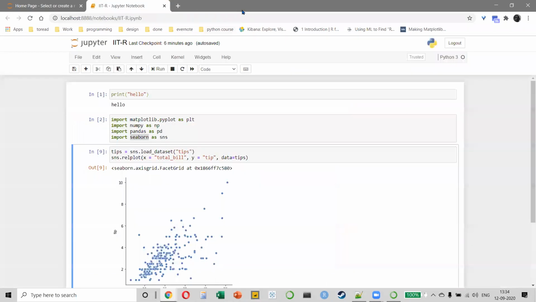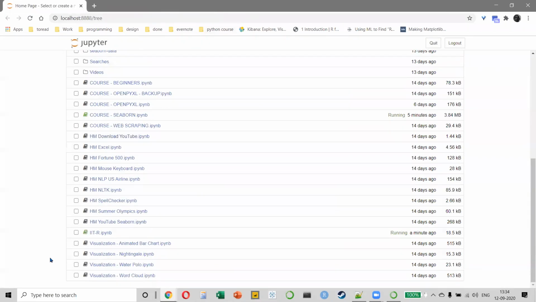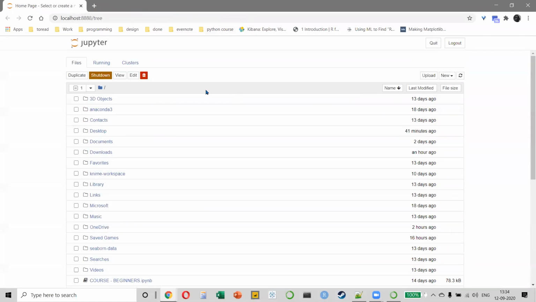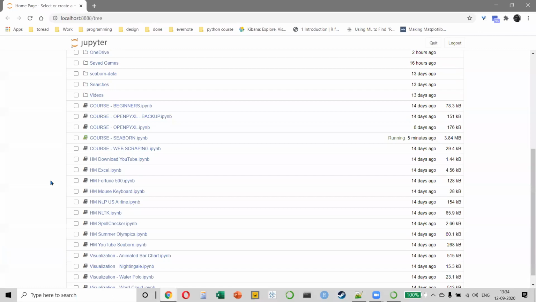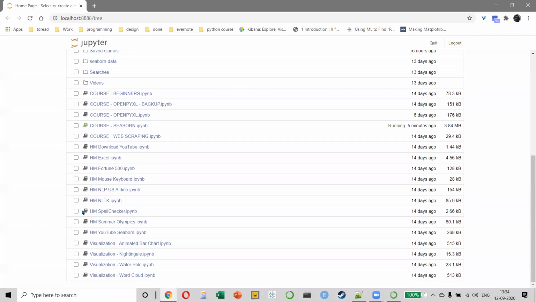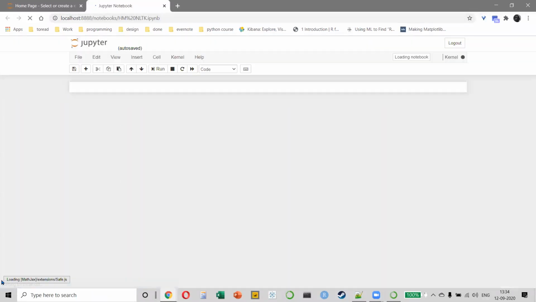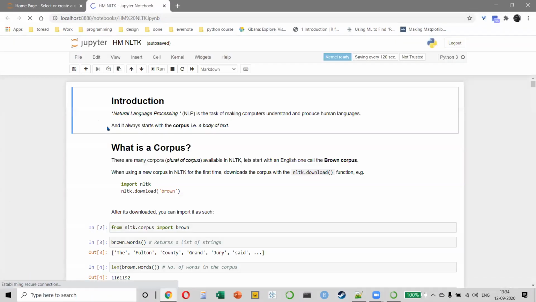Now that I've shown you this one example, let me show you something different. So let me first close this workbook. Hold on. Look at this. So this is an entire notebook which is creating a natural language processing.